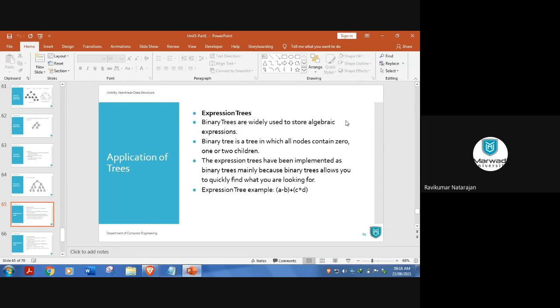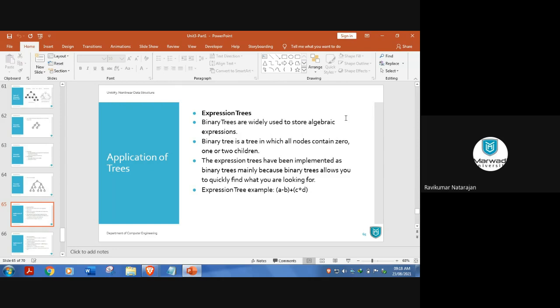Yeah. So one thing is that it is mainly for search operations. Because we have seen the binary tree, a basic tree which does not follow any rule, we just simply construct it. It has only 2 children, but less than or greater than you can put anywhere. But in a BST, the left child of the root should be less than the root, and the right child should be greater than the root. So like that we will form it.